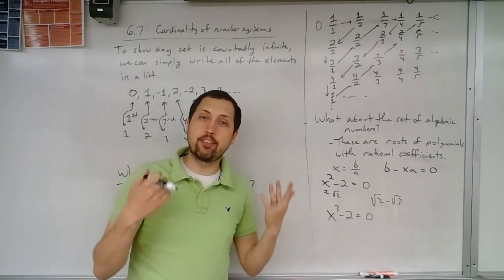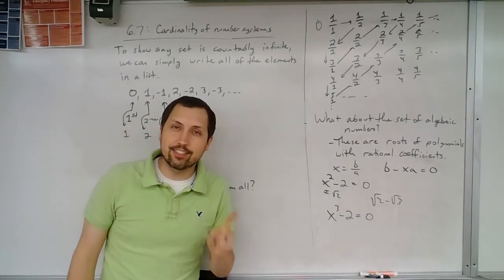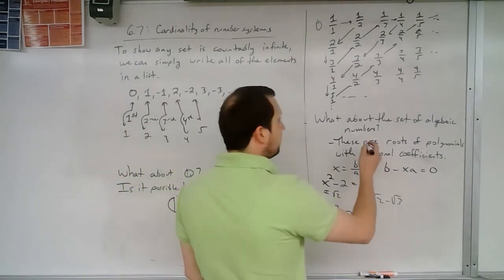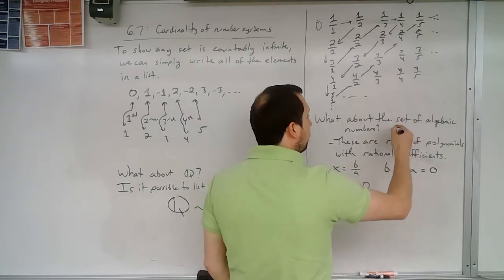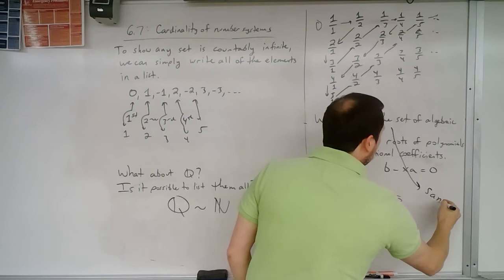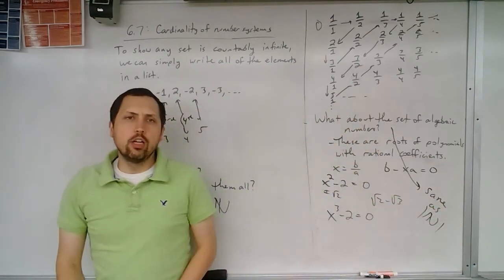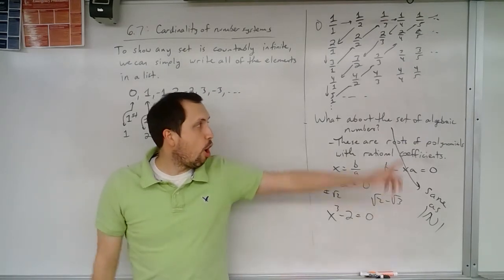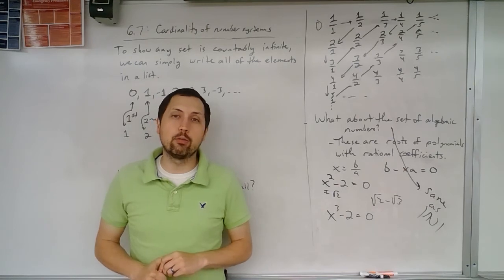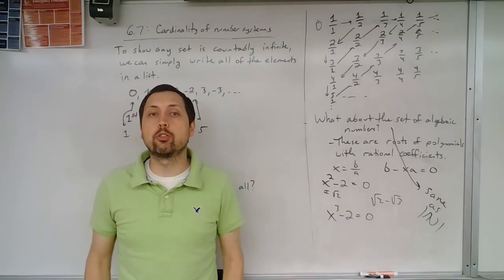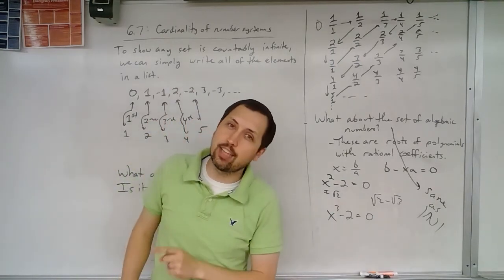So does this have the same cardinality as the set of natural numbers? Well, yes. I don't remember what notation they use for this, but the cardinality here is the same as the cardinality of the natural numbers. So this set is also countably infinite. It is not uncountable. We have the same cardinality as the natural numbers. So just another result: if we add on a whole bunch more, we still get the same cardinality.